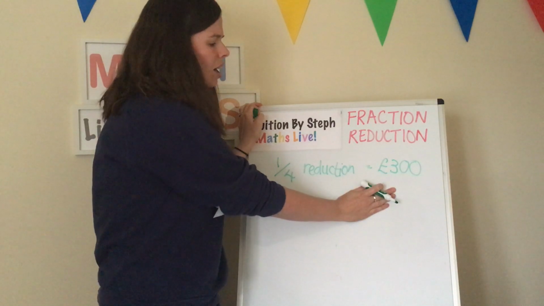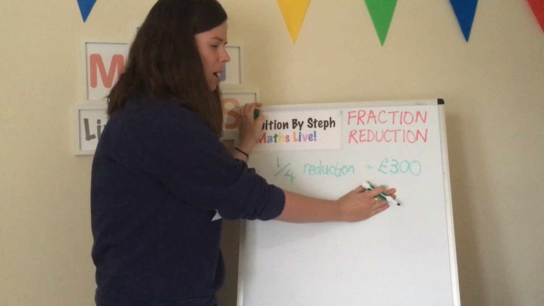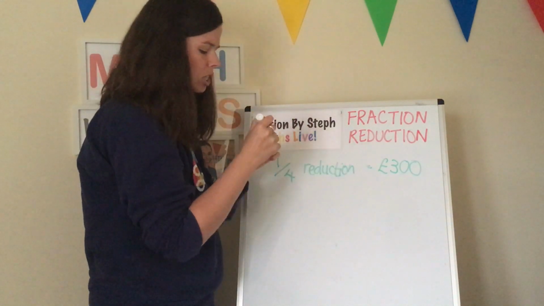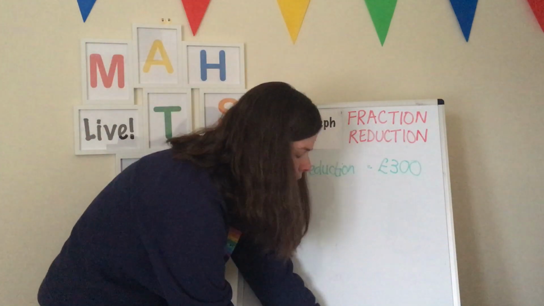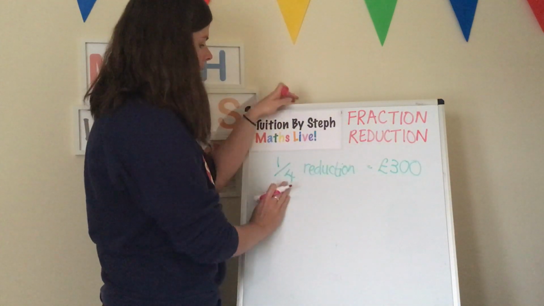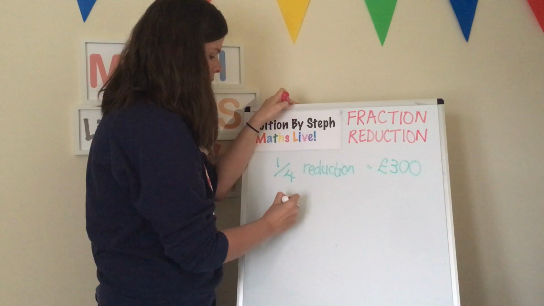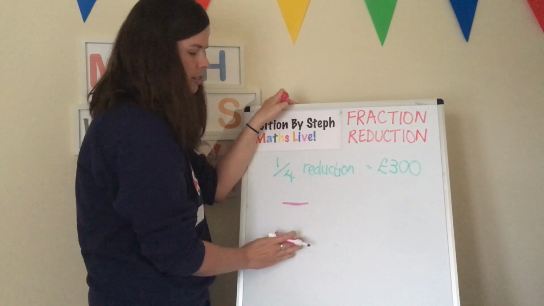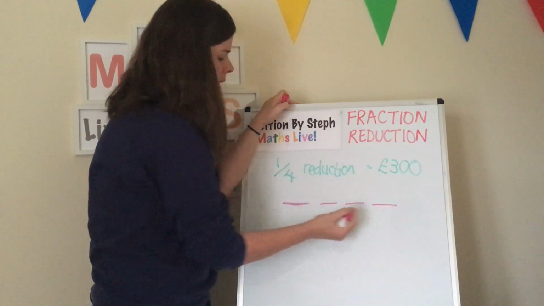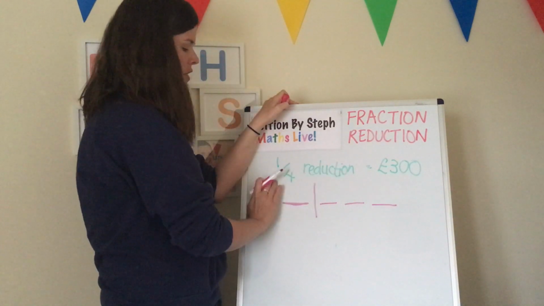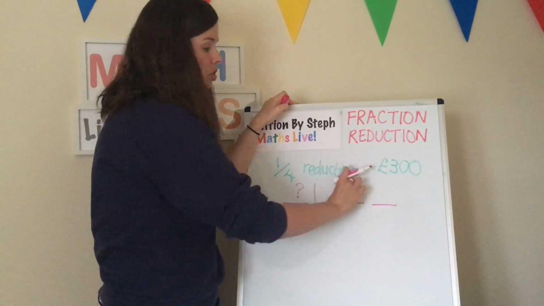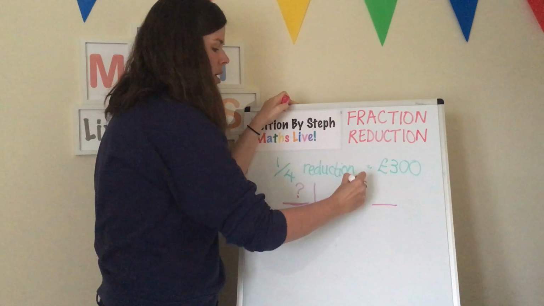And you think, well, I know how to find the fraction of a number, but how do I find out what that total amount is? This is what you need to do. You need to picture it. Again, I always talk about fractions like a pizza. If there's a 1/4 that's been taken off, here's our 1/4, and here's our 3/4. Now, we know if a 1/4 has been reduced, and we don't know that amount, but we know that the other 3/4 is